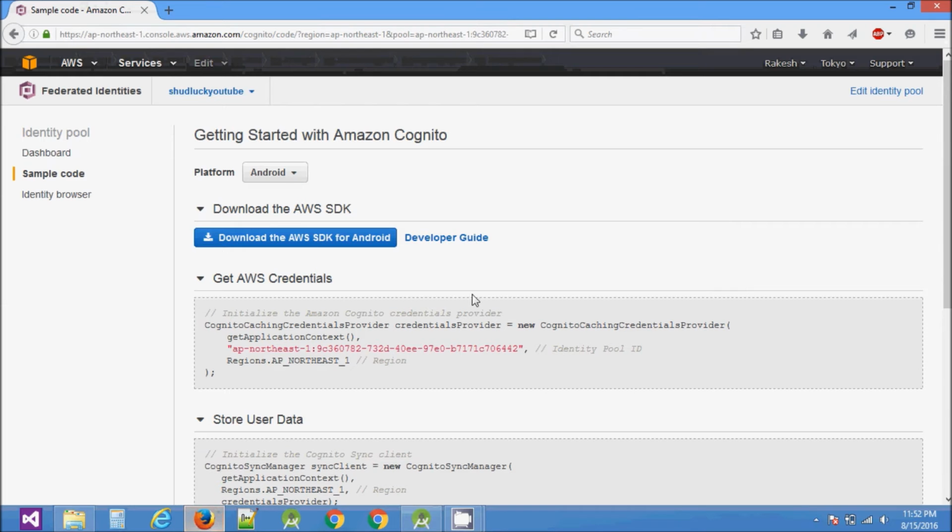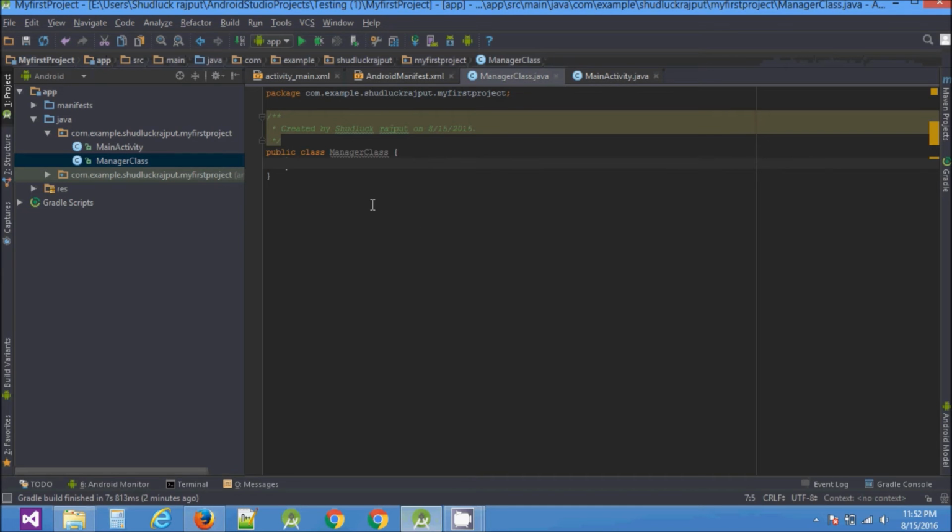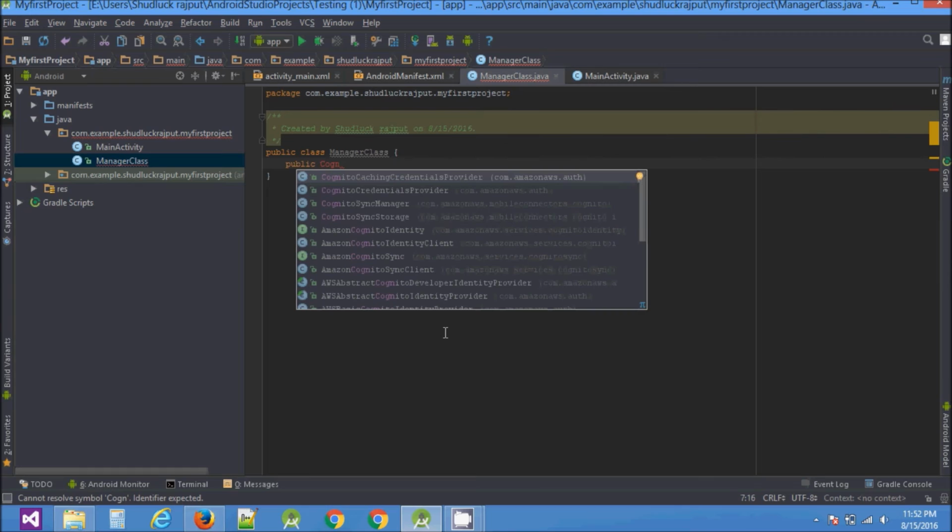Here you should keep this identity pool ID private. I will just delete this once I finish the tutorial. Okay, so let's create a function. The credential provider.